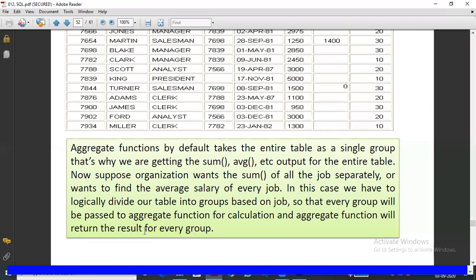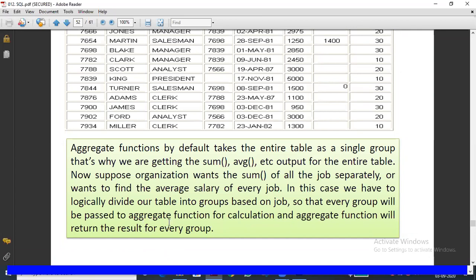What will it pass? It will pass the salaries of all the sales department members, and then we get the sum. Sum means adding all of them. For example, if 3 members are there, the 3 members' salaries are passed. Once the grouping is done, the values are passed and the sum function returns the sum of only the 3 members who belong to the sales department. Likewise, it will do this for every department.